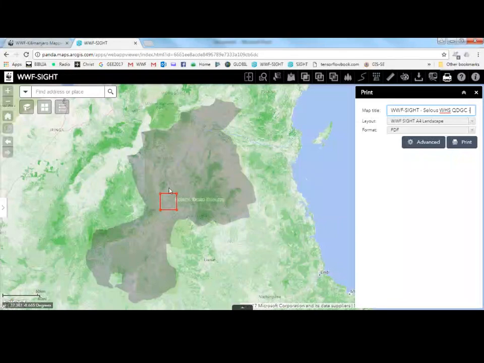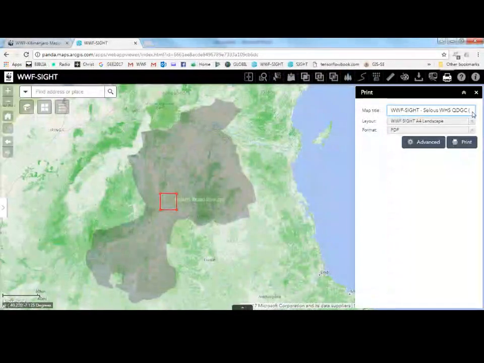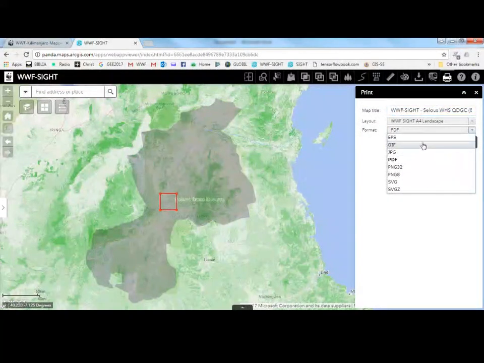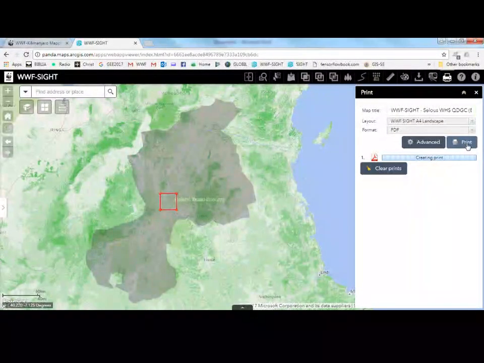Then I can put the quarter degree grid cell name, going back to this one. Then I can take the name here and put the name here. Then I select, for example, landscape, automatically selected for me. I can change to PDF, JPEG, wherever I want. Then I say print, and automatically it will print.